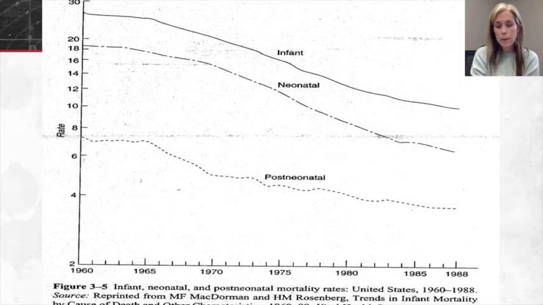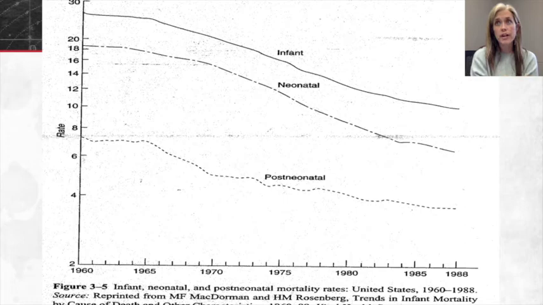Now, neonatal and postneonatal come together to define the infant mortality rate. Okay, so you can see the overall infant mortality rate, and then ultimately you can see it kind of divided out between neonatal and postneonatal. So based upon this, looking at these rates in the United States, you can see infant mortality rate is high, okay, but it has been in a steady decline from the 1960s. And that ultimately,